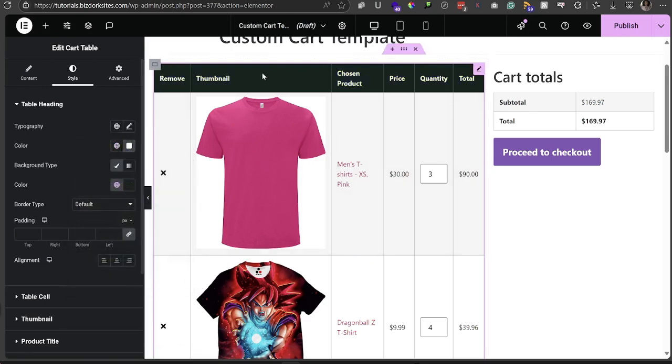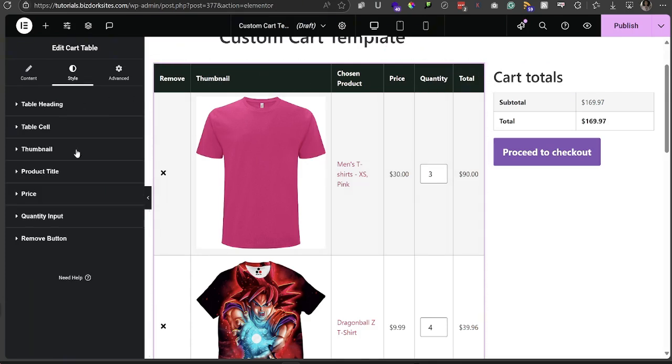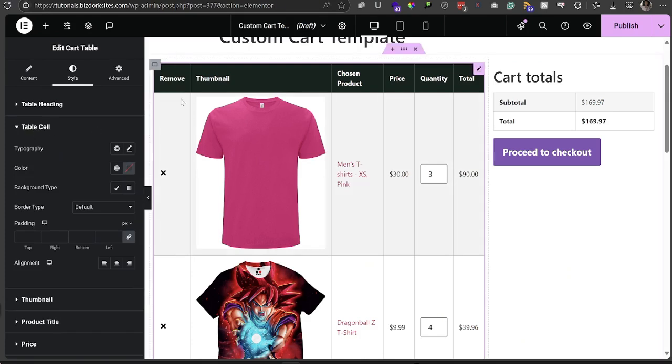Let's just go with white. We'll keep it at white. This is for tutorial purpose, so I'm not gonna make this look too pretty, but I do want to be a little bit reasonable with my options. But as you see, you can go ahead and adjust this how you see fit. The table cell will be everything in between, so you can work with the borders and everything like that right